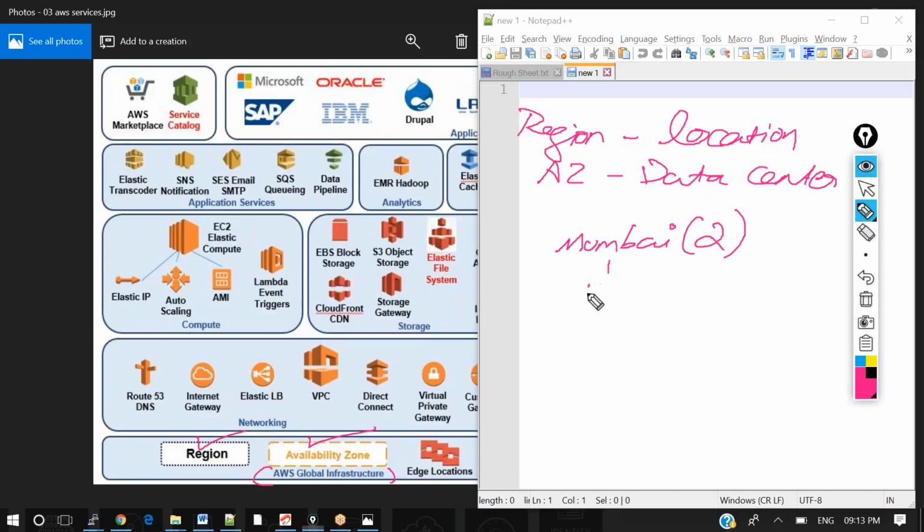Here Mumbai is the location, and the number two means two data centers are available in the Mumbai location. So that is the region and the AZ.